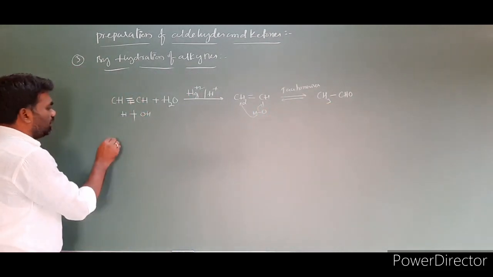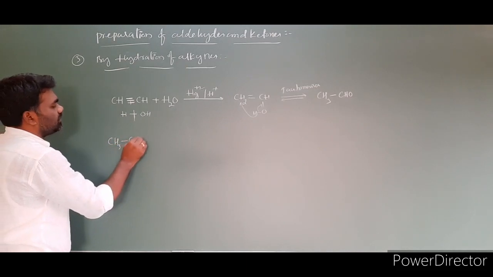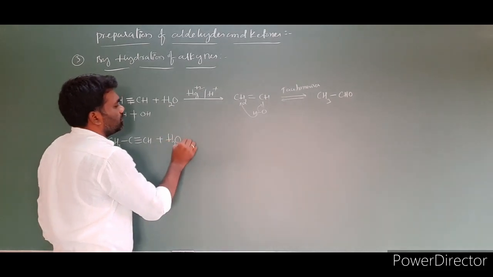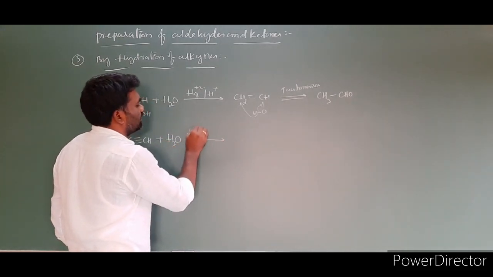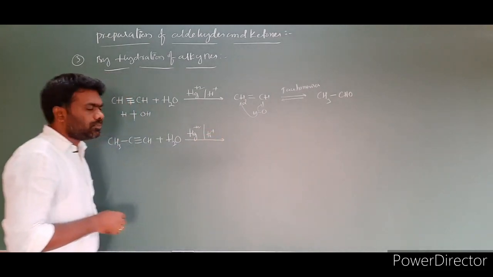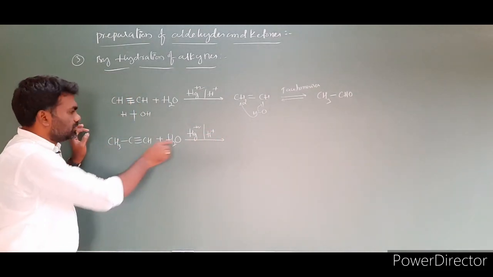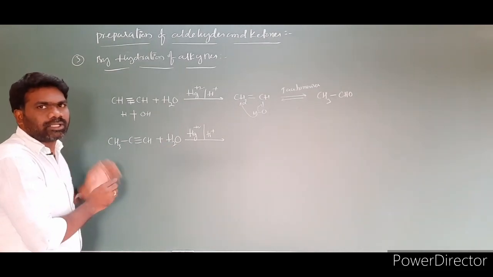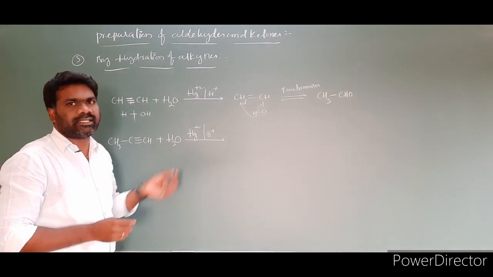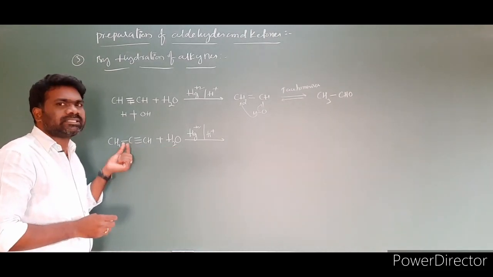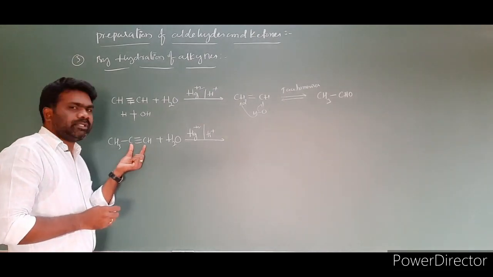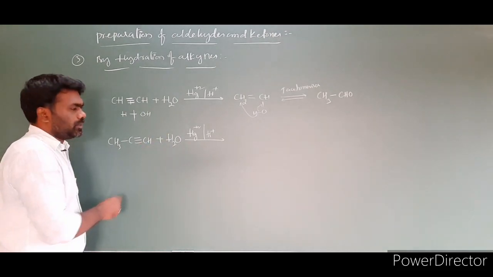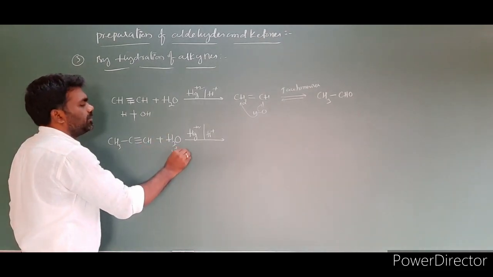I am taking another alkyne, CH3 triple bond CH, plus water, I am adding H2O in presence of Hg plus 2 and H plus. Now look here, what is the product we expect? We have to add the water molecule to the alkyne in accordance with the Markovnikov rule. What is the Markovnikov rule? The negative part of the reagent gets attached to the carbon which possesses less number of hydrogens. Check these two carbons, to the carbon which possesses less hydrogens we have to add the OH group. That means the positive part is H plus, and the negative part will be OH minus.